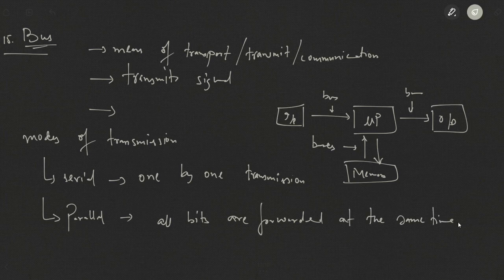Fine. Also, you can communicate between the input and the microprocessor, between the microprocessor and the output, between the microprocessor and the memory using a bus. Now, this communication can be either a serial transmission or a parallel transmission. That means either one bit at a time will be forwarded, or all the bits will be forwarded together, and as well as